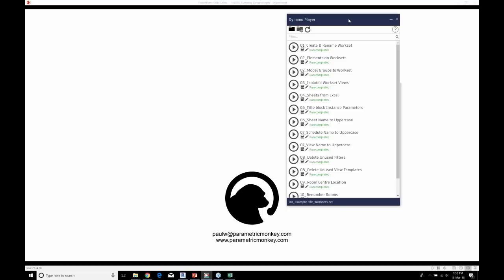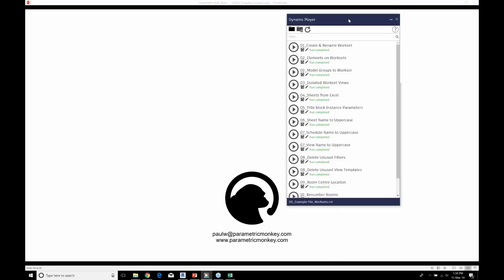I don't know if people there are familiar with how this works, but it confused the hell out of me at the beginning, where sometimes if you save the model or you don't save the model, they can reset. The way that Zach explained it to me was Dynamo Player is essentially the same as opening up Dynamo, running it, and closing it again without saving.